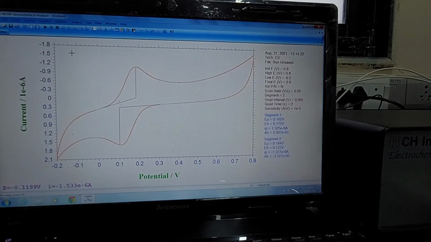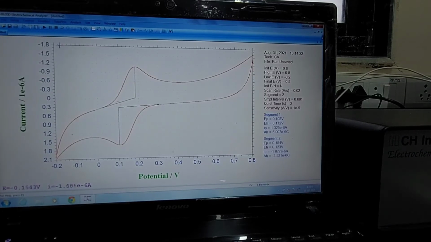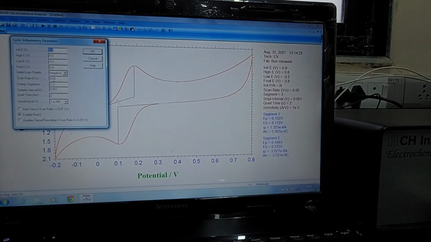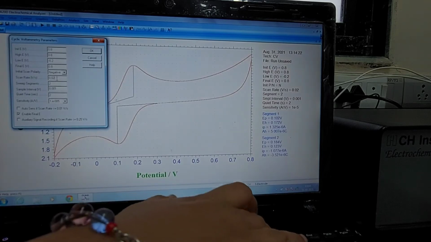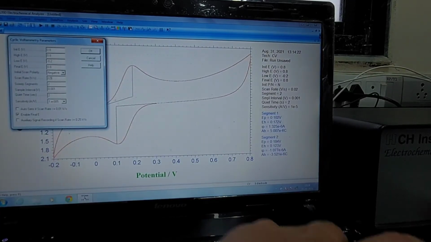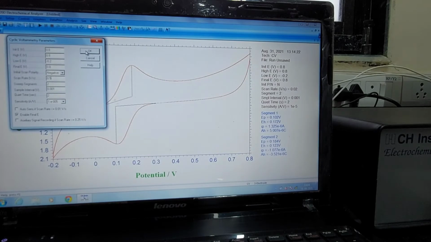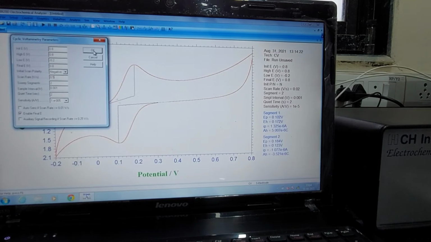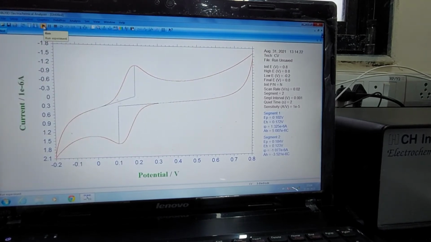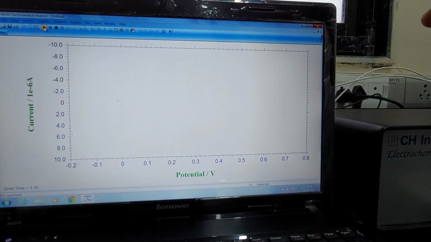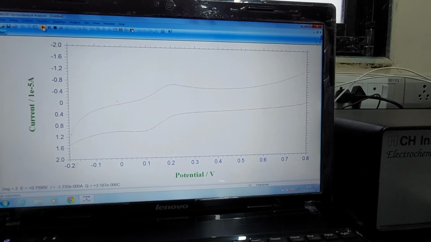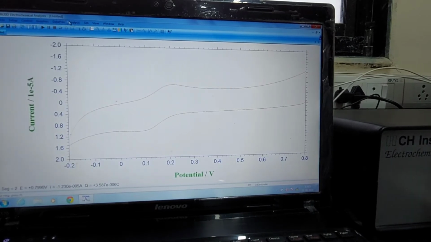Now for demonstration, can you show them one of the fastest scans you had done? Sure, sir. We already did 4 or 5 scan speeds for you, so that you can plot it yourself and have a feel for what happens if you change the scan speed. So how much is it? 0.5, which happens to be 500 millivolts per second. Remember, it was 0.02 in the previous one, and this is, whoa, it's done in a blink of an eye.